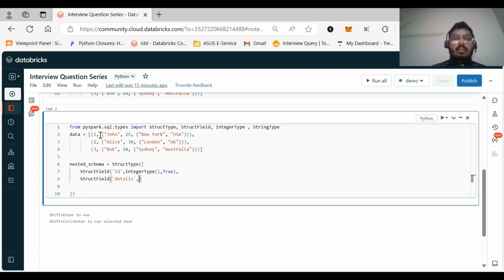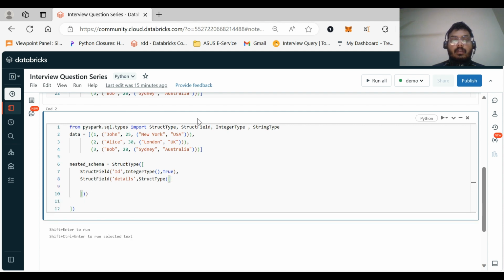This will be a struct type column, because we are having a nested kind of value. And for the struct type, how do we need to begin? Like this only: parenthesis start, then curly brackets, rectangular brackets. Then for the first column, it will be StructField.